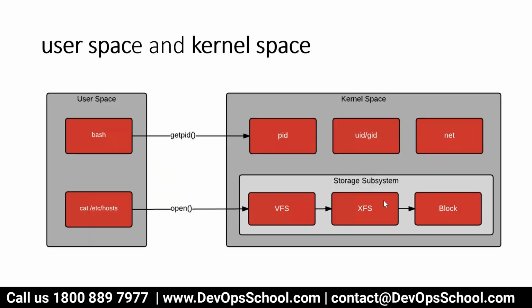So now here if you see, one application which is bash, and they are talking using system call. Multiple methods are there in the system call. Get PID, open, these are examples in syscall. So they say get PID. So who's managing the process ID? Kernel space. So they get the PID.